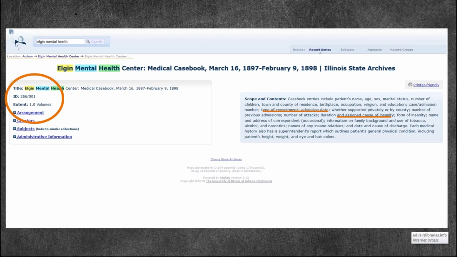So I clicked on one of them. What they do is they give you the ID so that you can go to the State Archives and collect the information. It tells me that this is just a 1-volume book that they have, but it tells me what's included, not by name. Like I said, they're not drilling down deep enough for that, but they're telling me what is roughly included. So it's telling me the person's name, where they're born, what their occupation is, what type of commitment it was, when they were committed, and then what was the cause of the insanity, which is kind of interesting. Is it alcoholism? Is it postpartum depression? What is causing them to have to be committed? So there's some really hard to find information out there.